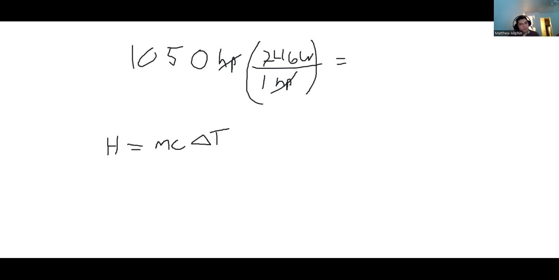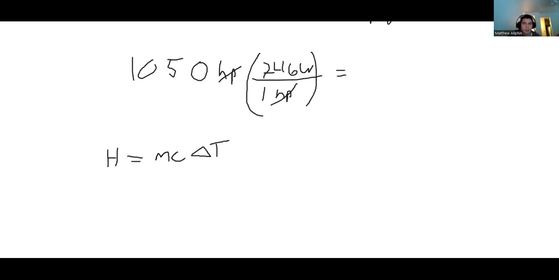And for these, you typically want to be in kelvins, though if you're given a difference in temperature, Celsius will work as well. And I won't go into why, but you can use Celsius or kelvins as long as both your final and initial temperature are in Celsius, or both of them are in kelvins. So